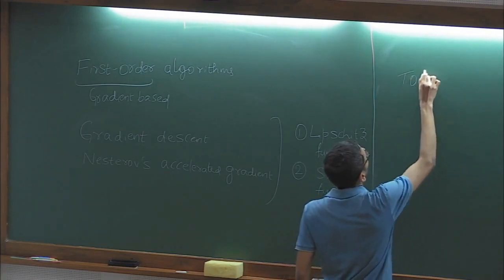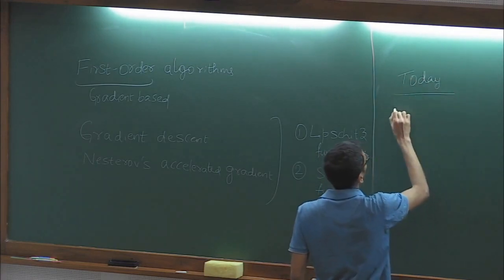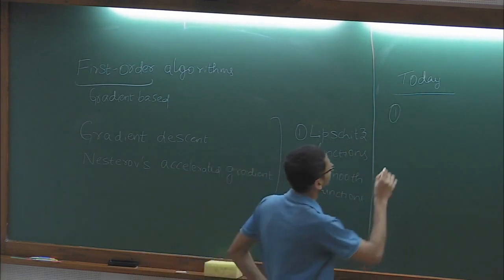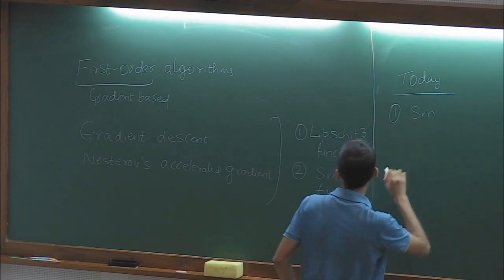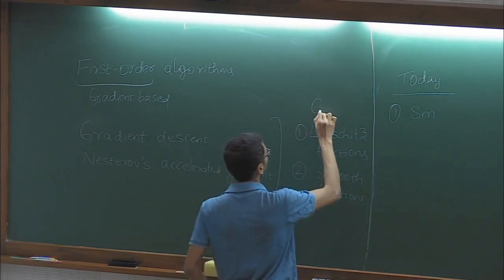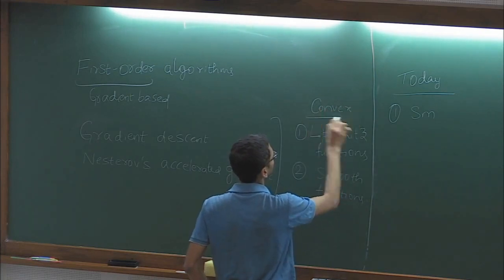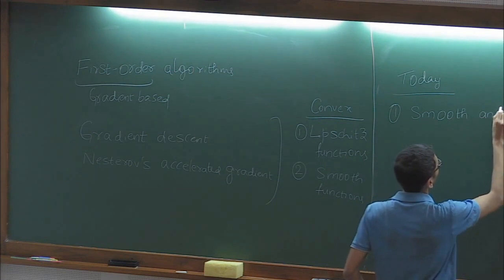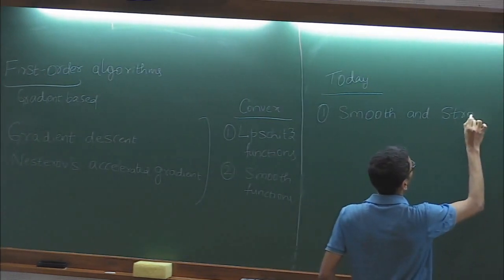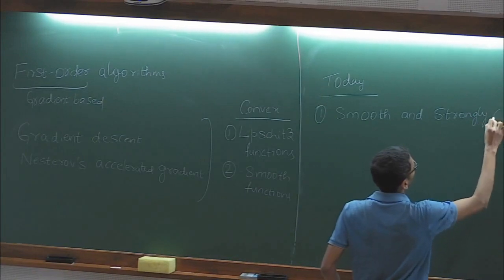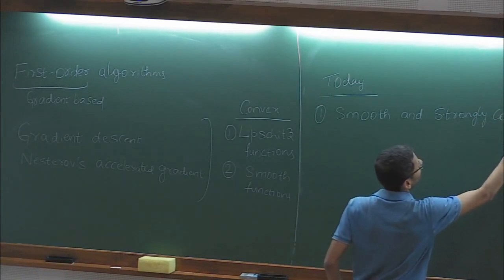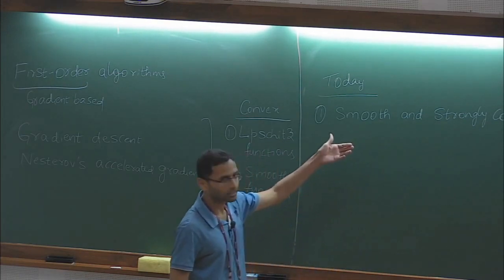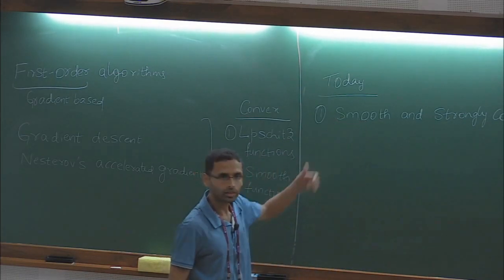So today this is what I want to do. So first I want to talk about another class of functions which are smooth and strongly convex functions. So these are all convex, right? Smooth and strongly convex functions. I'll define what strong convexity means and what is the convergence rate that gradient descent can get for this class of functions. Okay, and